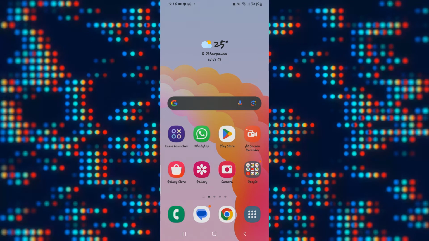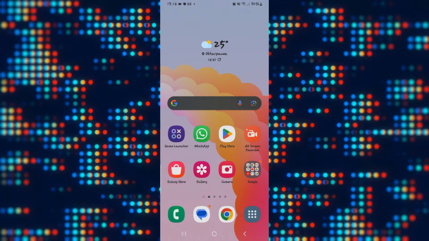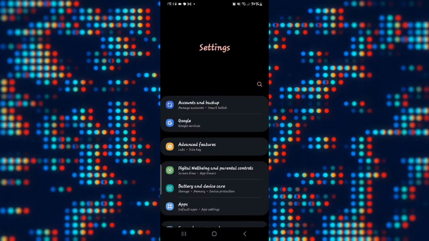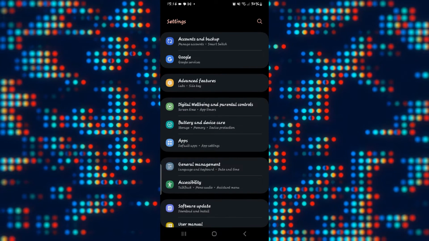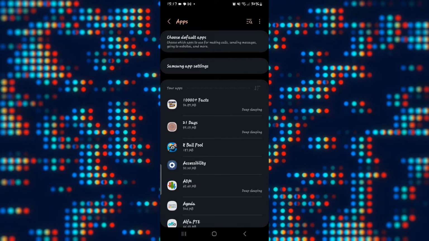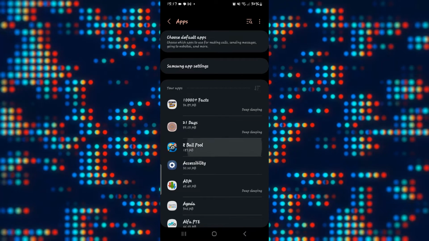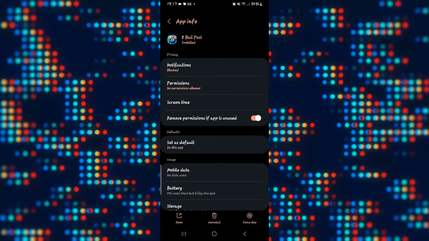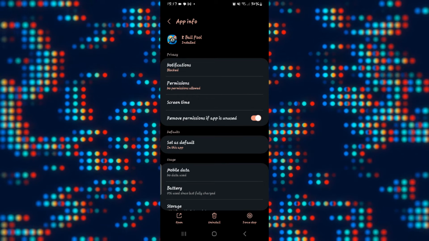In order to turn off the notifications, first of all, go ahead and open up your phone settings. Once you open it up, just go ahead and tap on the applications and this will show you all of the apps that are installed on your phone. Now from the application page, just tap on 8-Ball Pool and now underneath the app info settings, you will see